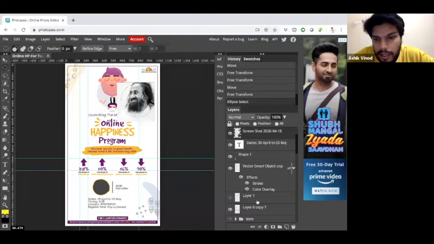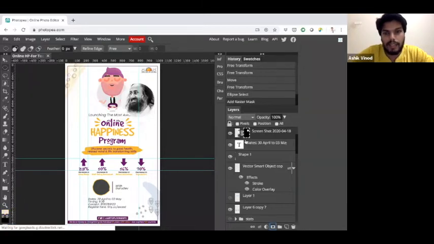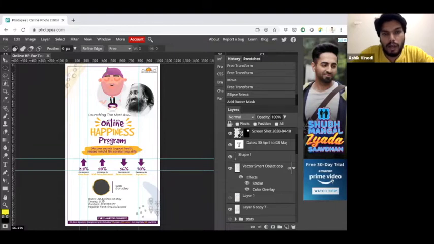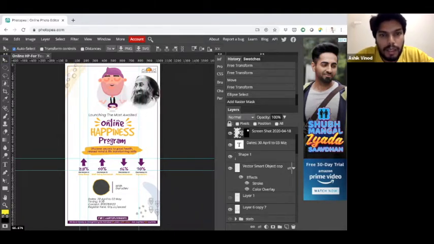Now, once that is done, at the bottom right, just near the link button, you can see Add Raster Mask. If you click that, the image will be masked outside that circle. So anything inside that circle will be visible for us. I'll just move it here.